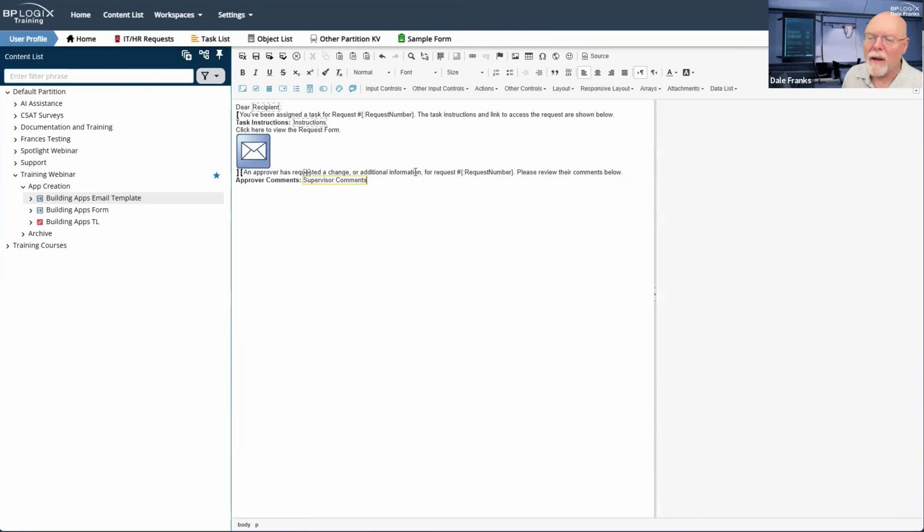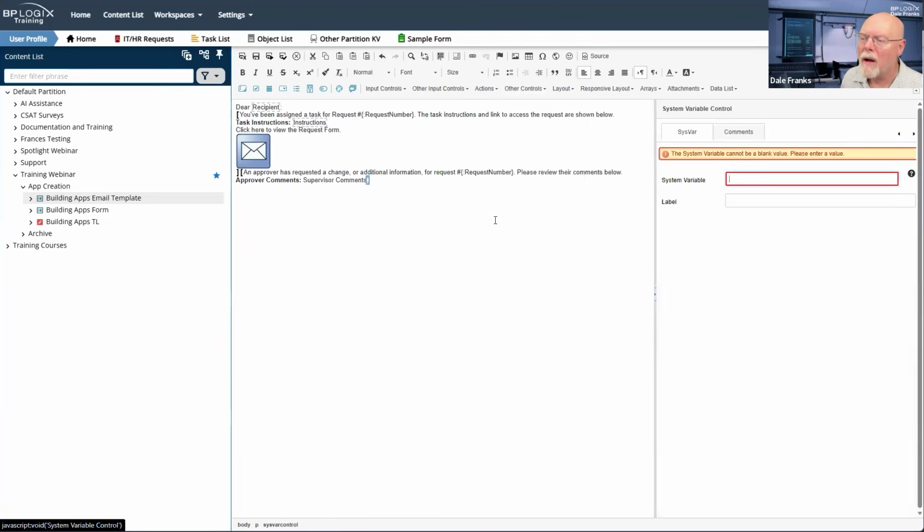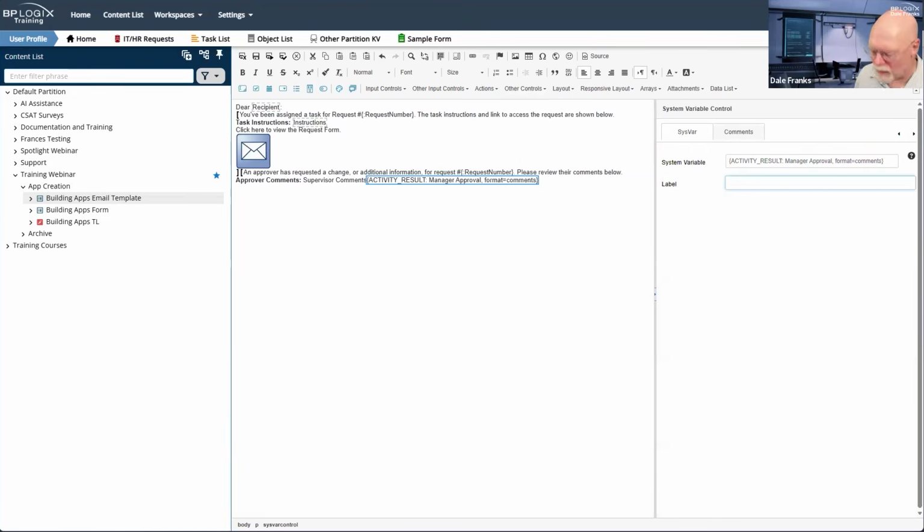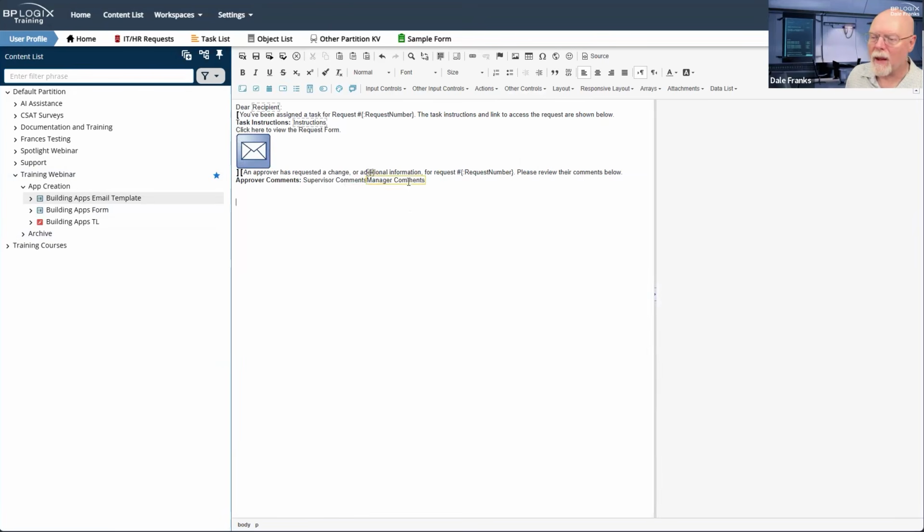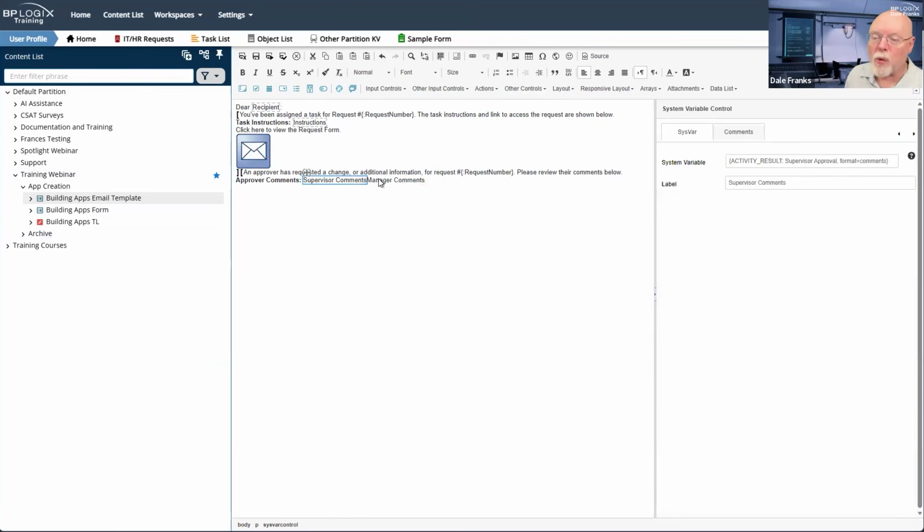And then we're just going to add another system variable control. In this case, it's manager approval. Format equals comments, and we'll call this manager comments. Okay, and I threw these right next to each other.